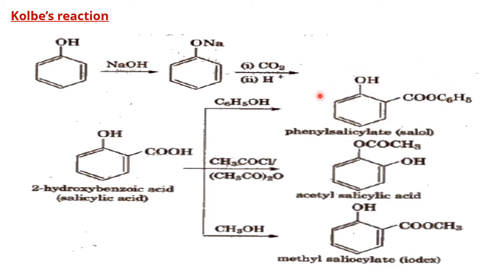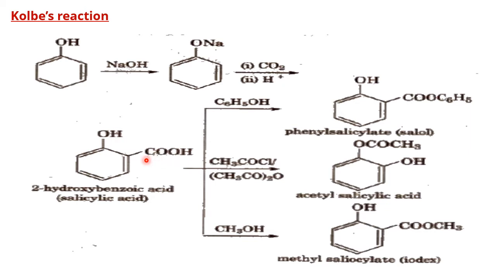Therefore, it is called what? Because after the sodium phenoxide, with this we get a salicylic acid. What is salicylic acid? Out of the two groups, the dominating group is acidic. So this is taken as acid family. When this is taken as the main functional group, this becomes the side chain. So this is benzoic acid.